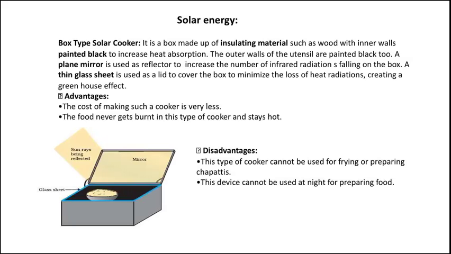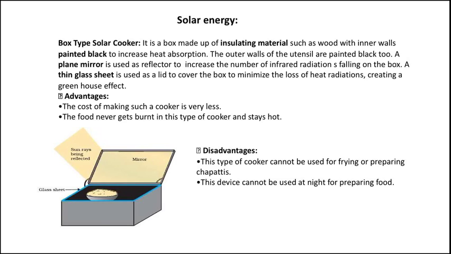Dear students, in this video I am continuing with the same sources of energy, that is class 10 topic that is included in physics, and we are going to continue with solar energy. We know that solar energy is the renewable source of energy that can be harnessed easily by using solar devices like box type solar cooker. It is also used as solar concentrator. Solar concentrator produces huge amount of energy, whereas box type solar cooker can produce a limited amount of heat.